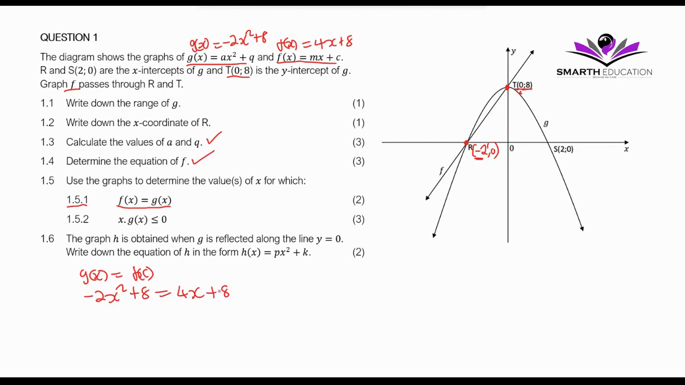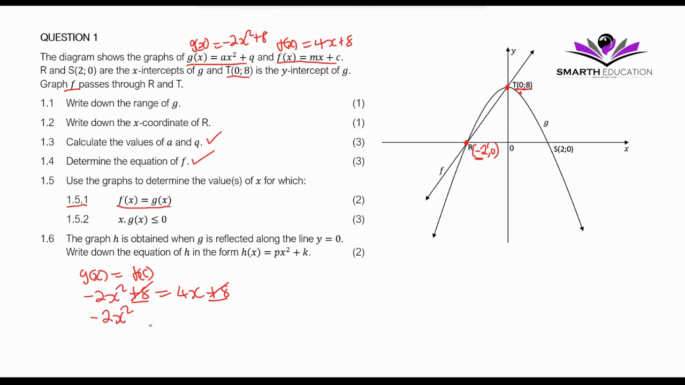Alright, we have positive 8 this side, positive 8 this side. They will cancel each other out. Remember, you do this if the signs are equal and they are on the opposite sides of the equal sign, because if you transpose, this 8 becomes -8. So they subtract each other out. Then we remain with